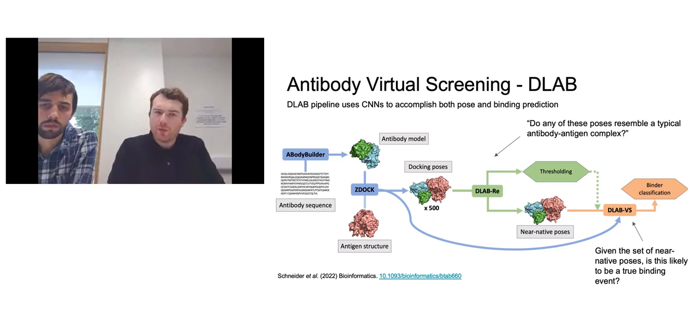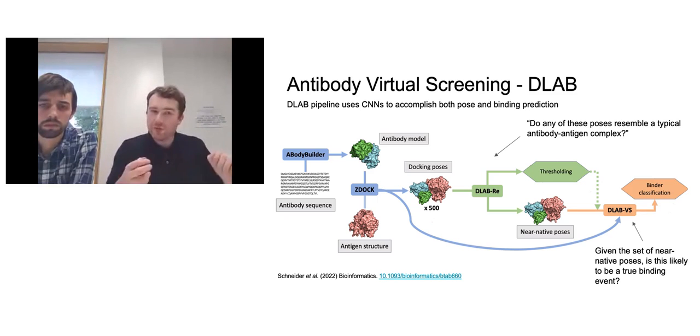And then it turned out that it wasn't sufficient to just go from that to immediately predicting the binding, because when you do docking, oftentimes you're able to sample the correct binding pose, but it's really quite difficult, amid all of the incorrect binding poses that you sample, to pick out the correct one. So it was first necessary to train one convolutional neural network, DLab-RE or DLab-RE score, to take the list of poses out of your docking tool and predict which one is actually the best pose, rather than just taking the one that the docking tool thinks is the best pose.